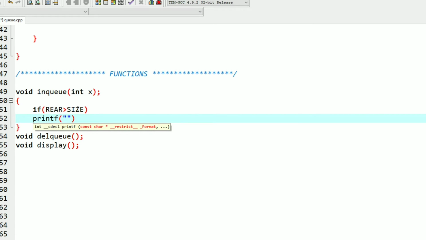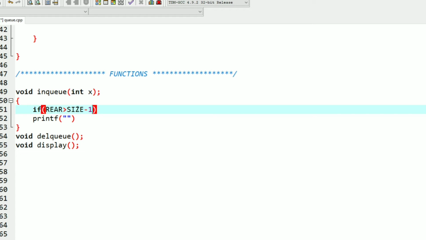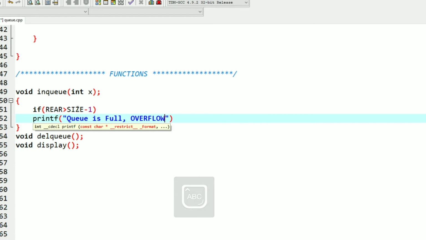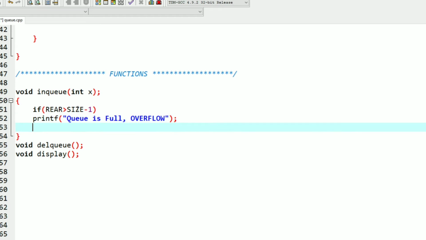We know the last index of the array is the length of the array minus 1, so we will make use of that. If that condition is satisfied, then we will print that the queue is full, and this condition is called overflow in technical language. So we will write overflow, now semicolon.